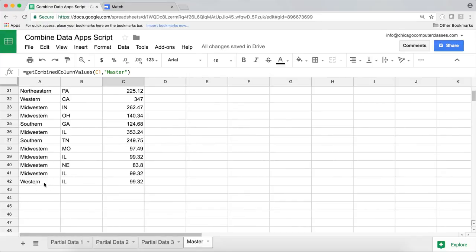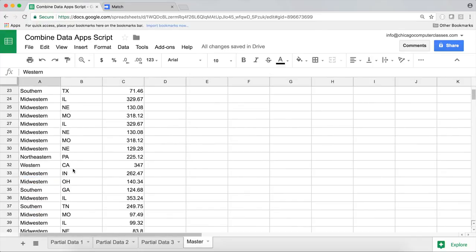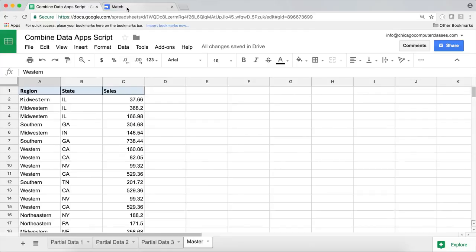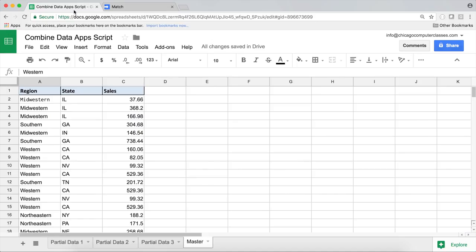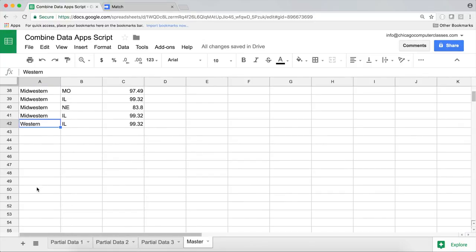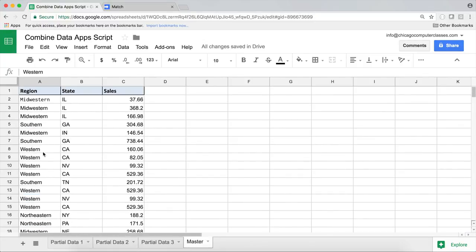Now, going back to our thing. Now we're going to go back here. So far, we've created a function that gets the same column from all the tabs other than our master tab, and basically just creates a whole new column out of all of those values combined. Now what we have to do is the last step. Instead of using this,